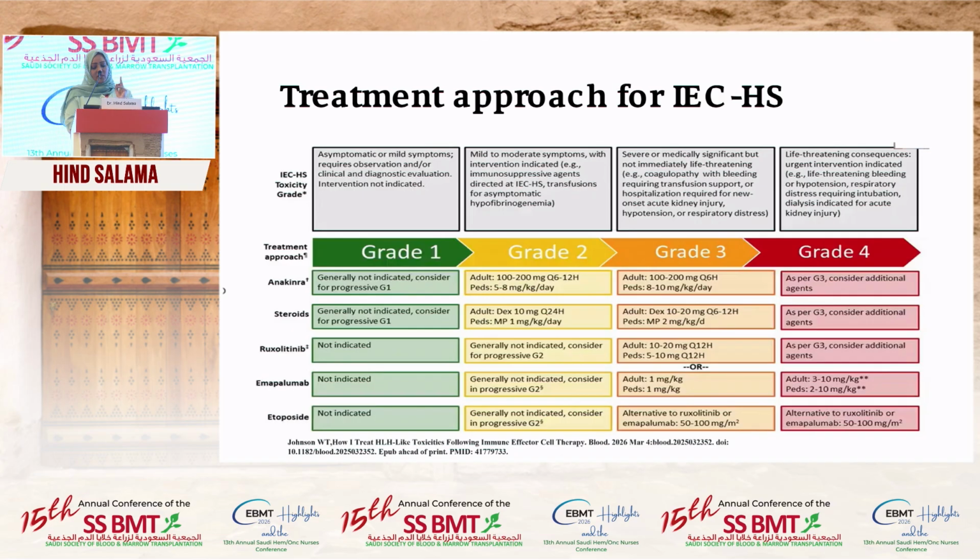grade 2, but for grade 3 and 4, optimize the doses of the anakinra and steroid, add ipilimumab, with a different dose for grade 3 than grade 4, and add etoposide if you do not have ipilimumab and ruxolitinib in your center. So I think every center that will do CAR-T needs to have ruxolitinib and ipilimumab available in-house in case you develop this complication, especially if you are doing the BCMA CAR-T, which has a 30% risk of